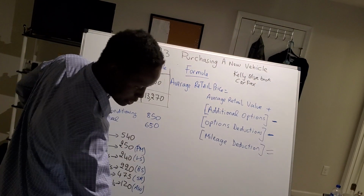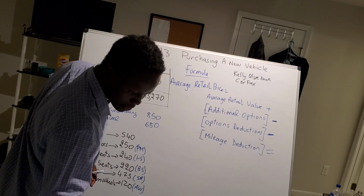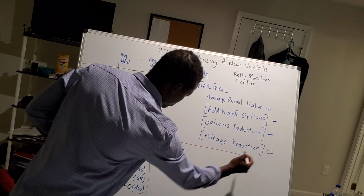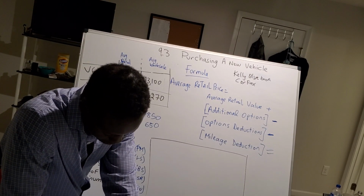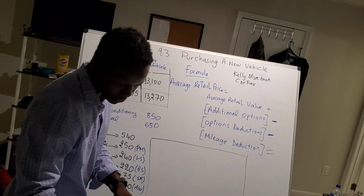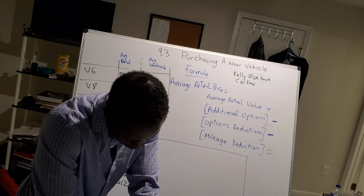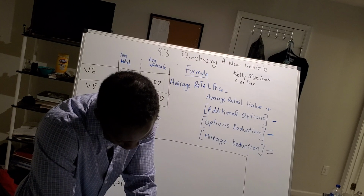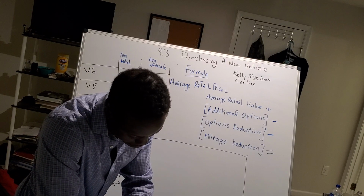Actually, I'm going to do four. I'm going to start with example 1. I'm just trying to make it quick so it doesn't eat too much of the minutes here. All right, Caitlin wants to purchase a 4-year-old V8 door set at 16,450, with power mirrors and a power sunroof. I know it has been driven 51,